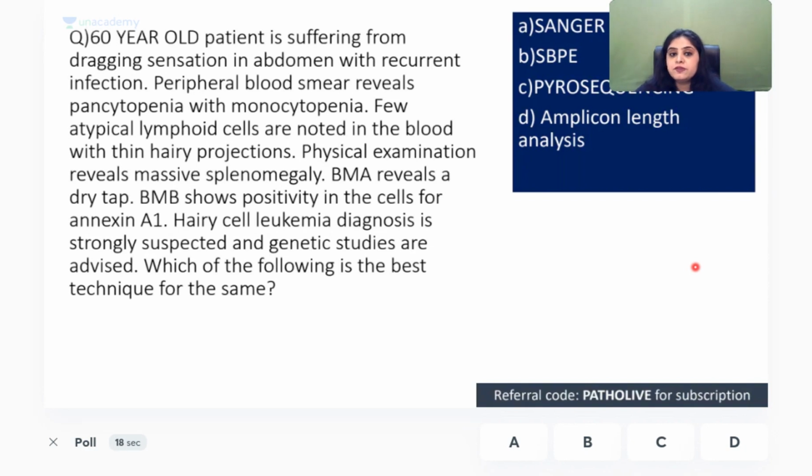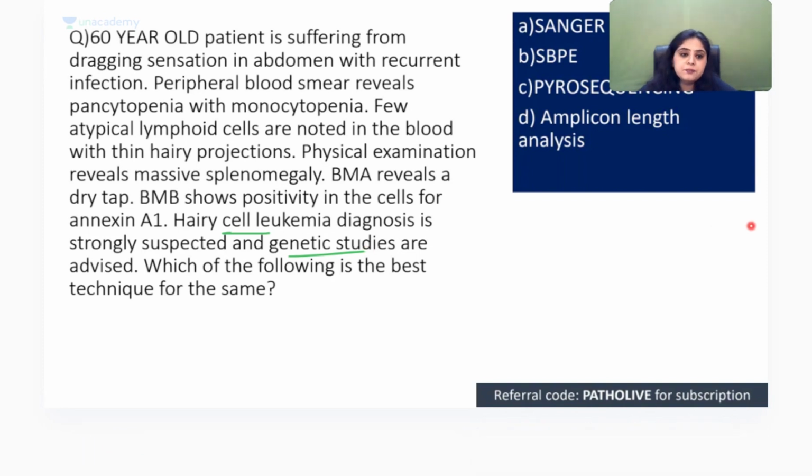Fine. So 54% of you have got this right. This is a classical case where the diagnosis is given, that is hairy cell leukemia. I taught you these genetic tests 2 weeks back, so I'm expecting all of you to give me a correct answer on that. And last 5 seconds. Perfect. So 47% of you have given me a correct answer.